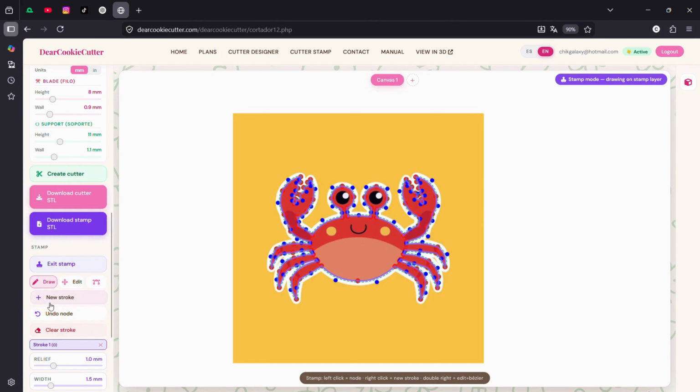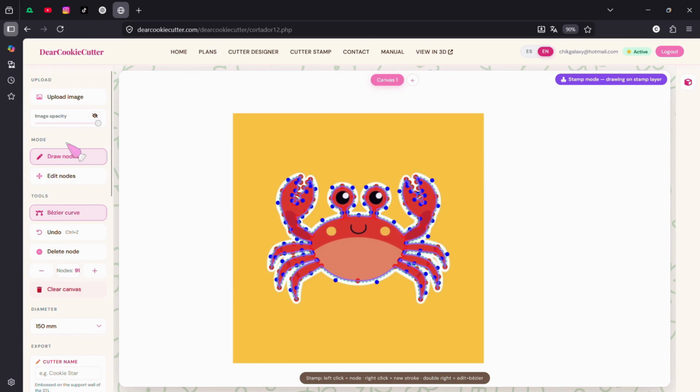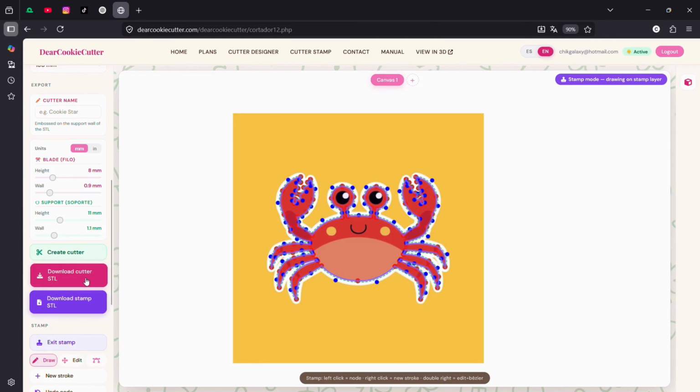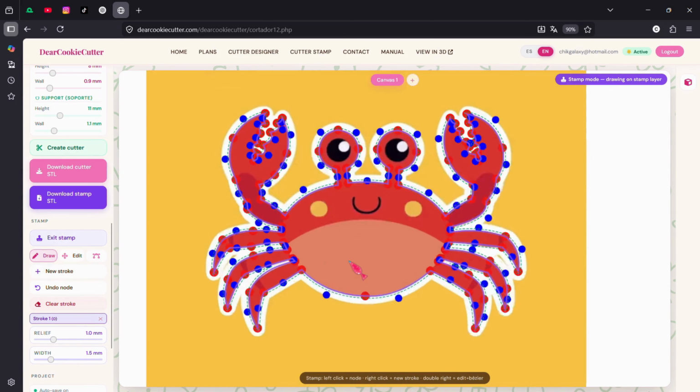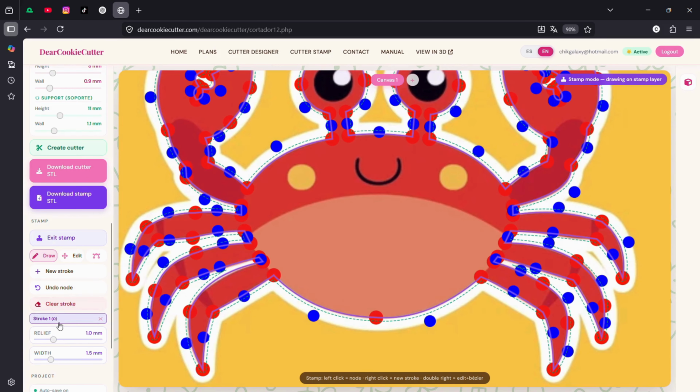Here we have some familiar tools. There's Draw, which lets you place nodes. Each node is saved as part of a stroke. Right now, we're working on stroke 1. If I left-click, the stroke is saved, and a new one is created. This helps keep strokes organized, so they don't overlap, and allows us to outline the inside of the crab for the stamp. In cases like this part here,